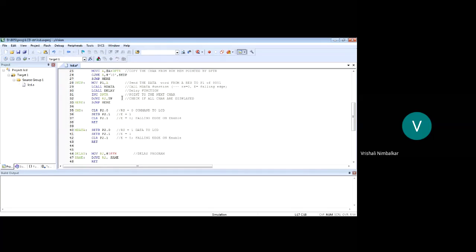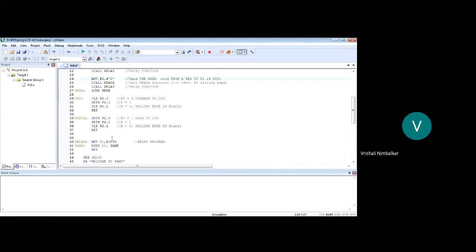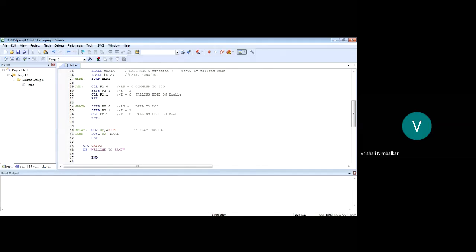So the character u, and then we sent that character, and we called the data function, and again we waited for some time. So instead of loading some random count and decrementing and waiting till it becomes 0, we will write that delay reading the busy status. Is that okay? So let us go for the modification.